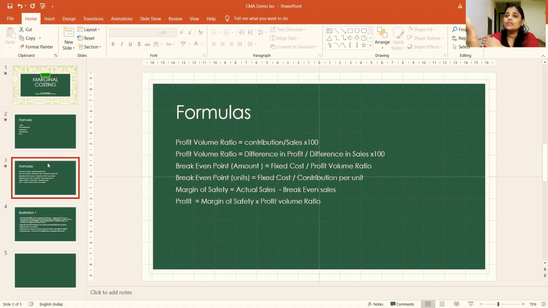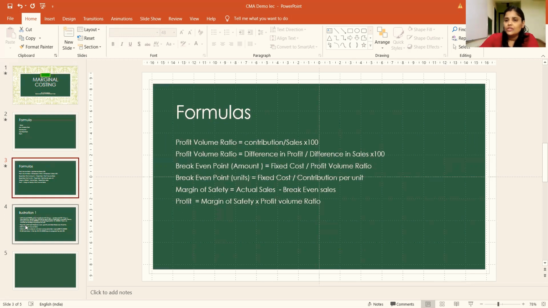And over the break-even sales, whatever sales you make, that is margin of safety, on that sales only you make profit. And there you need not cover the fixed cost. Here, you have to cover only your variable cost. Therefore, the formula goes like margin of safety into PVR. So these are the formulas. Try to understand the logic behind the formulas, and then it will be easy for you to learn them, and easy for us to solve the sums also. Initially we will be doing the simple sums, and then we will move on to the sums where decision making can be used.